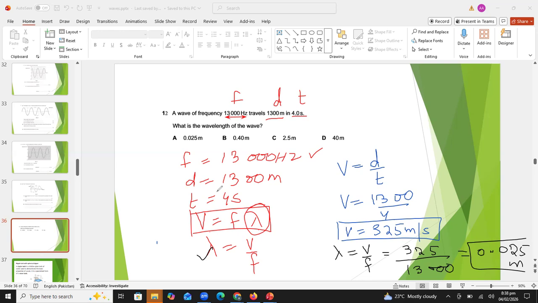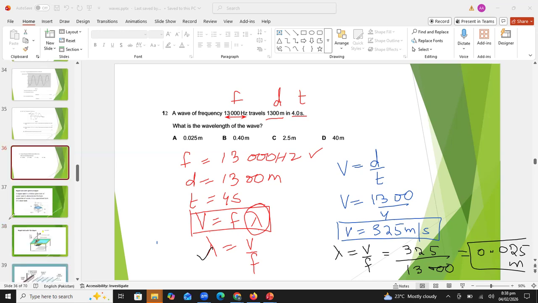So you can see, students, we can use multiple formulas in a single question. Like first, we have found the speed. Then I use this formula lambda is equals to V upon F to calculate the wavelength. All right. Please note down this calculation. Then we will start the next topic, that is ripple tank. Okay. Have you noted down this calculation, students? Can I clear the screen?